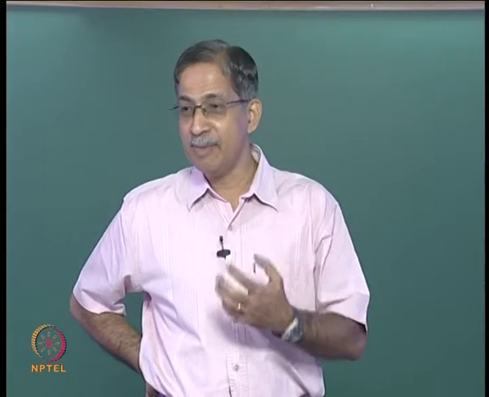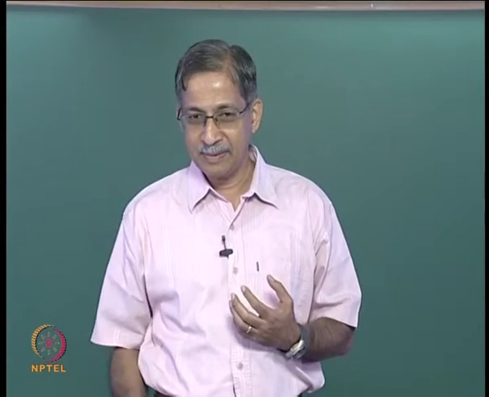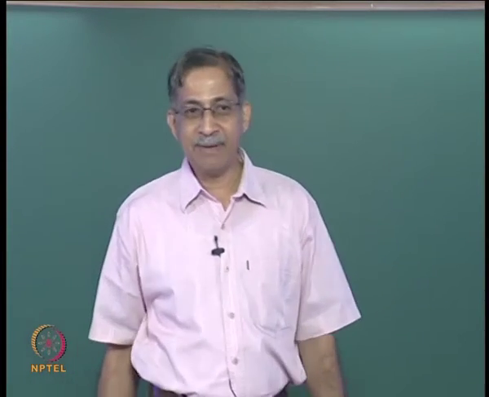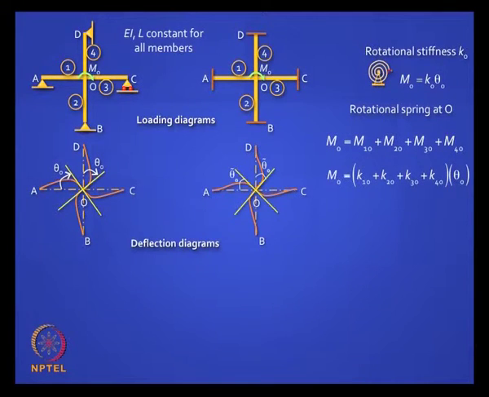Because equilibrium demands that they add up. Okay. So let us say there are 4 elements. Do you agree that equilibrium demands that m naught will be the sum of all those 4 beam element ends, and for each of them you can say K1 naught into theta naught, K2 naught, etc. Agreed?